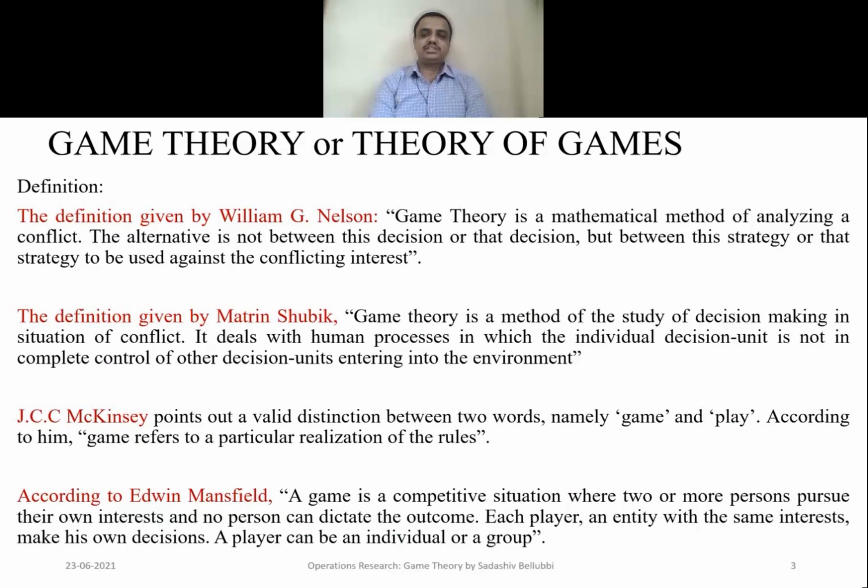It means that each company should have n number of strategies. So which strategy will give us more profit, or which strategy will help us to minimize the losses? Next, as per Matrix, game theory is a method of study of decision making in situations of conflict. It deals with human processes in which the individual decision unit is not in complete control of other decision units